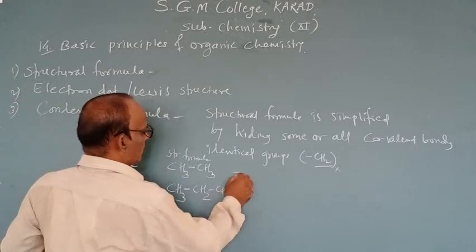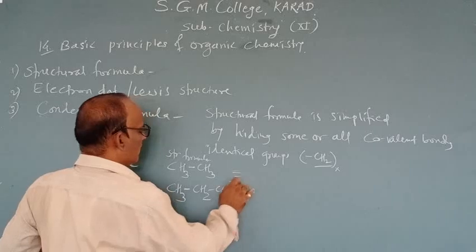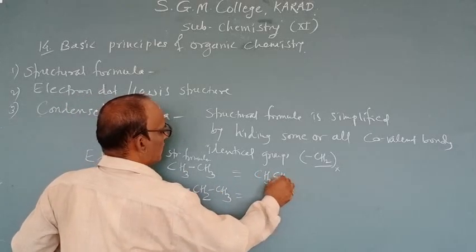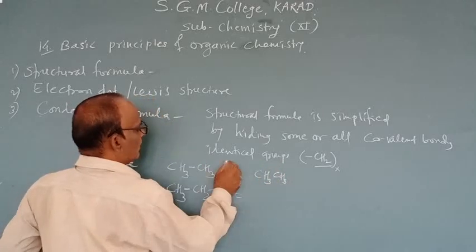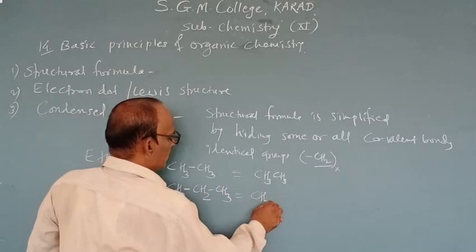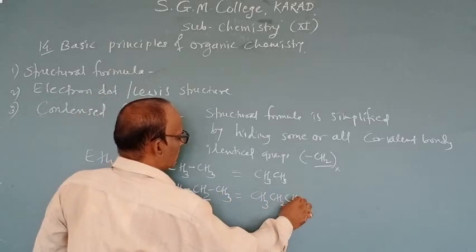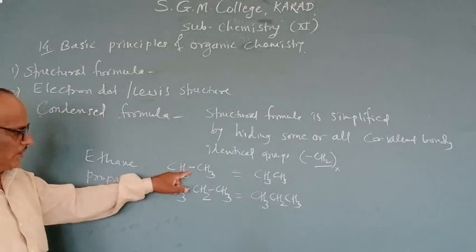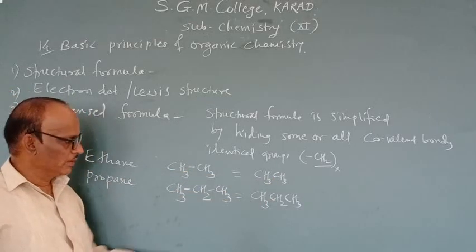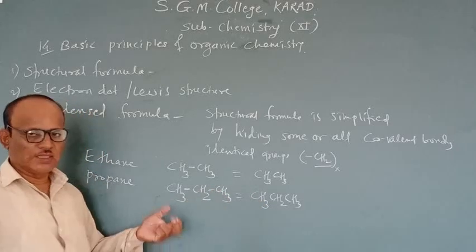Again we can write this formula without the covalent bond as CH3, CH2, CH3. These are called condensed formulas. In the case of propane, you can write CH3, CH2 and CH3. Here bonds are written, but in the condensed formula there are no covalent bonds, and hydrogen atoms are written together